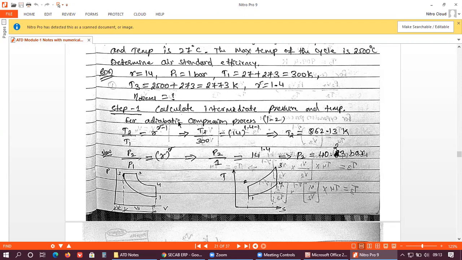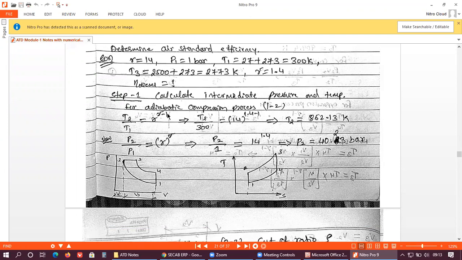So that's why I'm telling you, please recall it once. Otherwise, for each process, if it is adiabatic, then at least note down the final expressions for the adiabatic process. Try to remember those final expressions, right? What is the work done expression for the isobaric process? What is the work done expression for the adiabatic process? What is the work done expression for the isothermal process? Just recall it a little, that is the only thing. It needs a little homework.